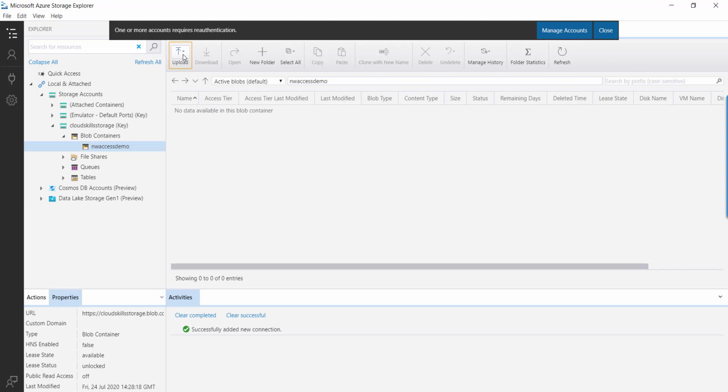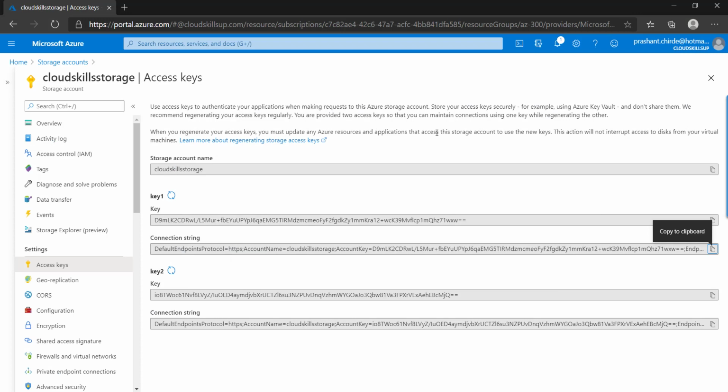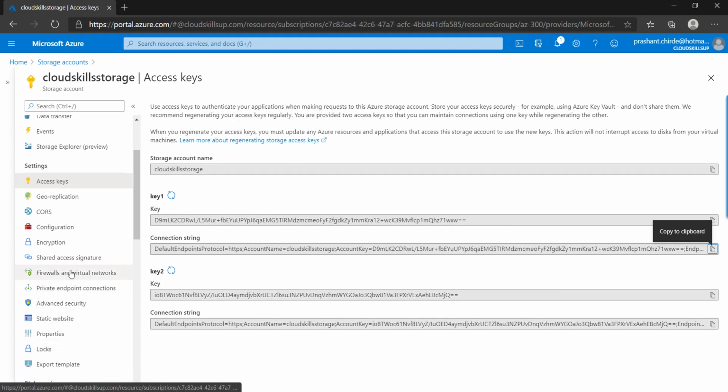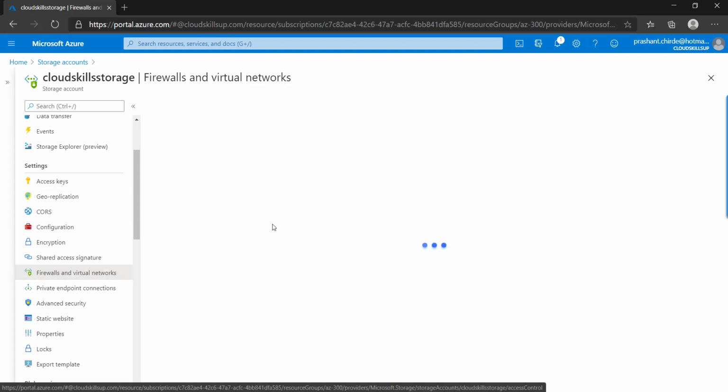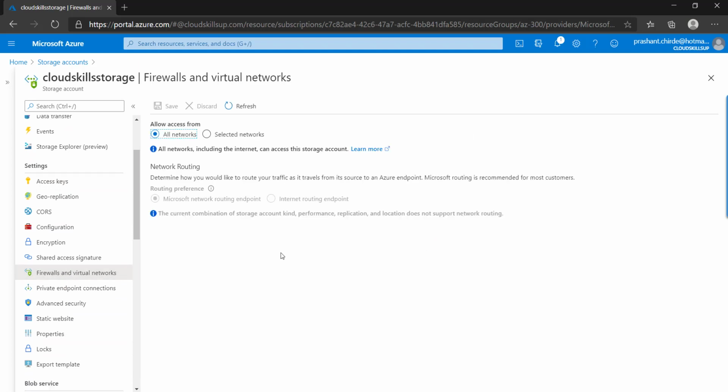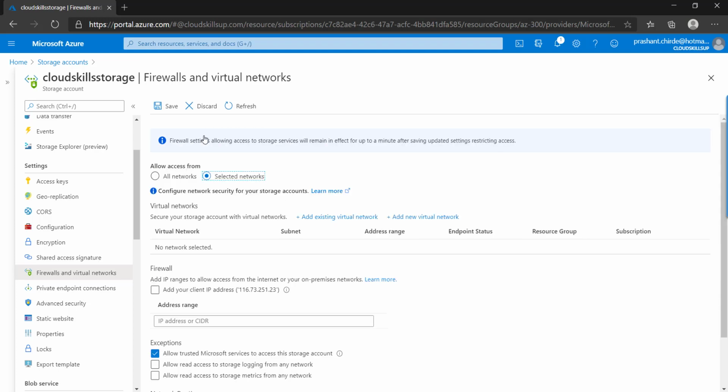So let's switch to the Azure portal and click on Firewalls and virtual networks. From this blade we can configure our network access. By default, it is set to allow access from all networks, and we have to select the selected networks option so that we can restrict the access.